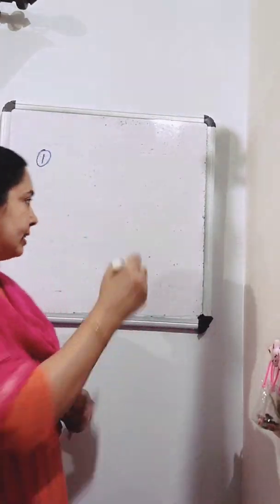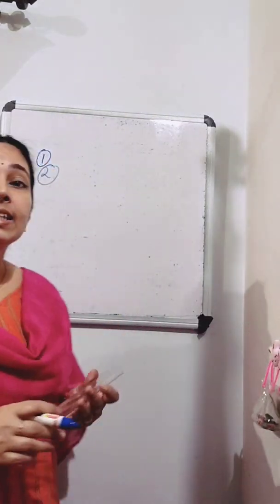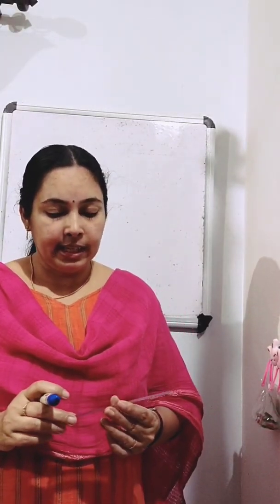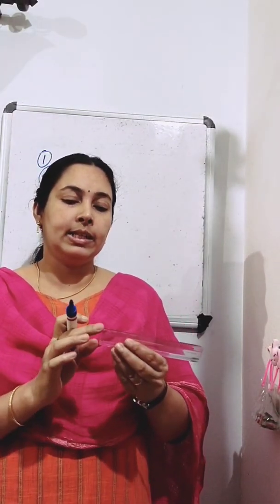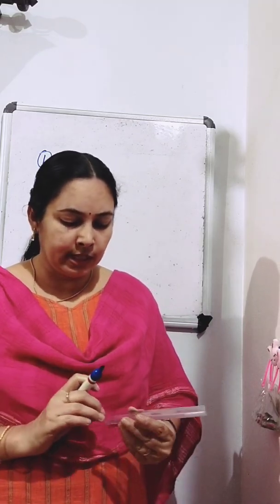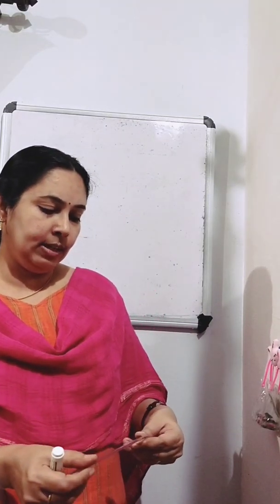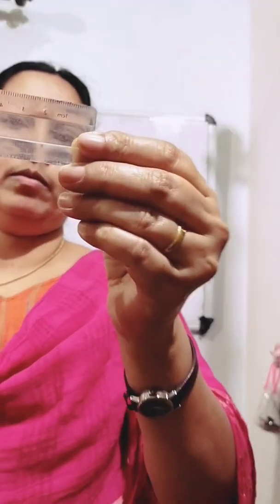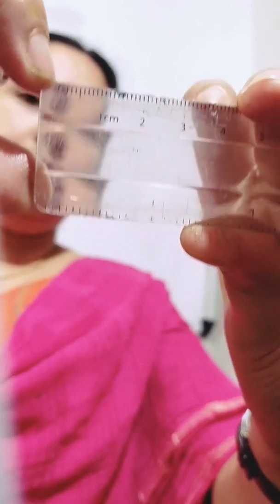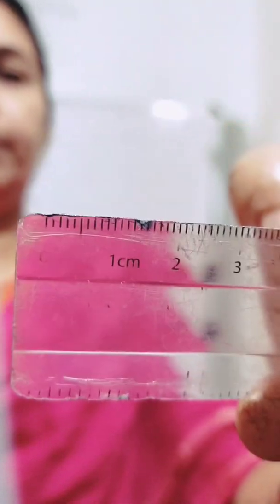Then second point is that in some scales this ends here, you can see beginning here, this is the end. From here onwards reading starts. So first reading, first is what? So you can see here first is 0, then you can see 1, 2, here it is 0, then 1, 2, 3, 4, like that you can see the reading.